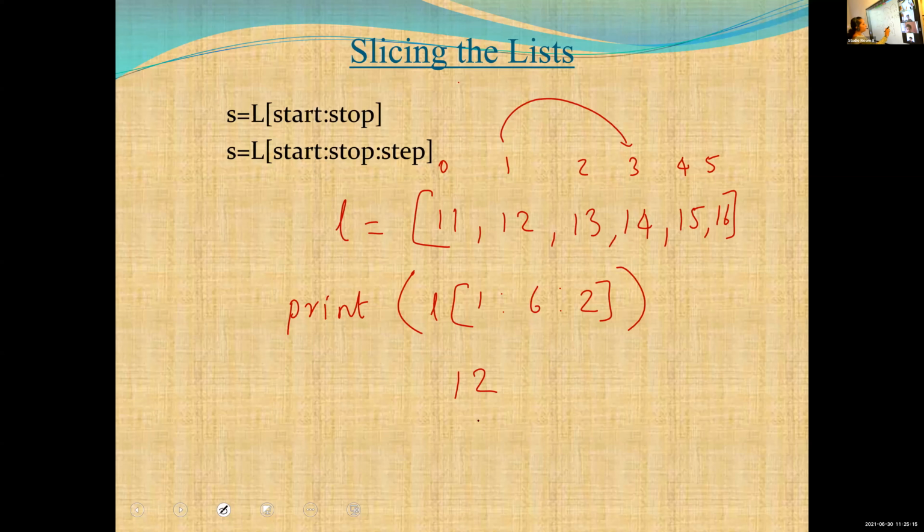Okay, this 2 is for incrementation. In the normal case it will increment just like adding 1. That is, if we display 12, the next value is 13, the next value is 14, just like that. But here we are using step value as 2. That means from the first value it will skip one value and display 14. Then again it skips one value and display 16. Is it clear, Aryan?